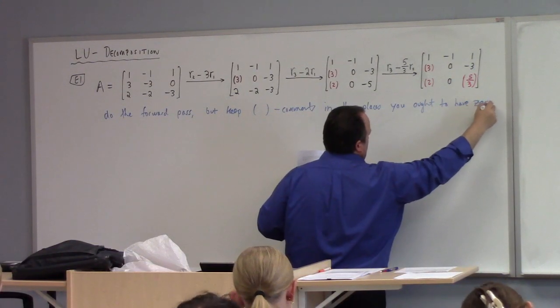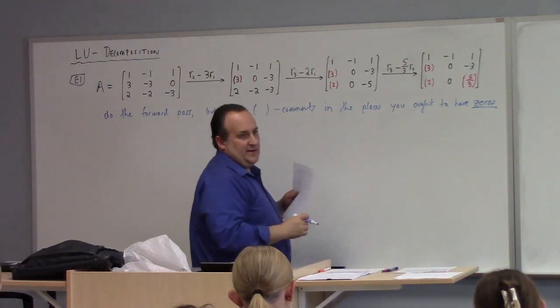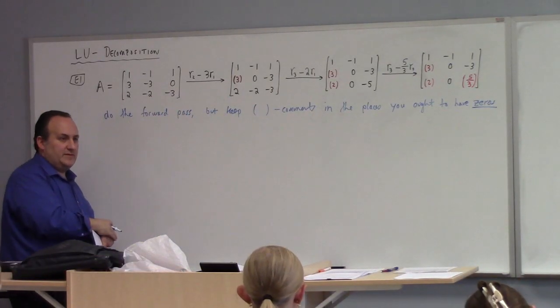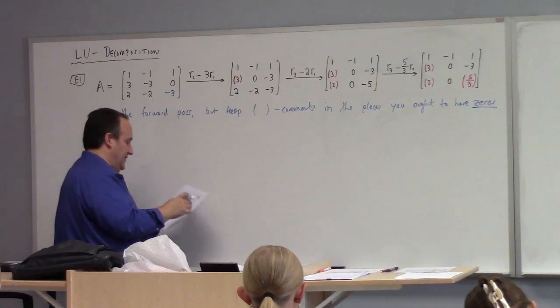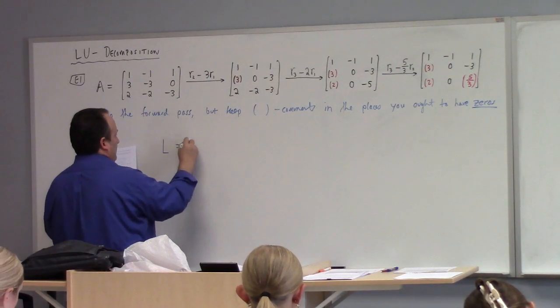And I don't mean all the zeros. There's no parentheses thing here, right? I'm talking about the zeros that you cleared out by the sweeping with the forward pass, all right? Okay, then here's the trick. L is equal to,